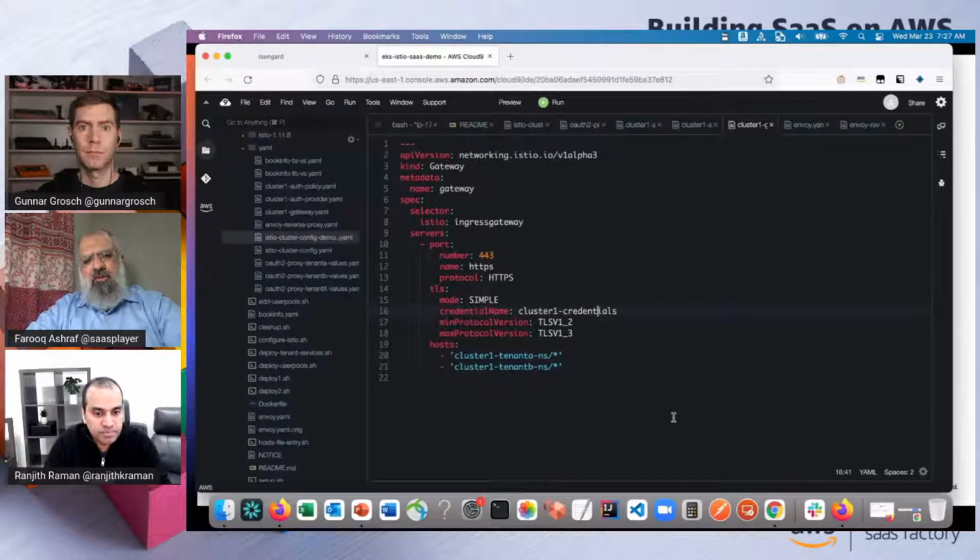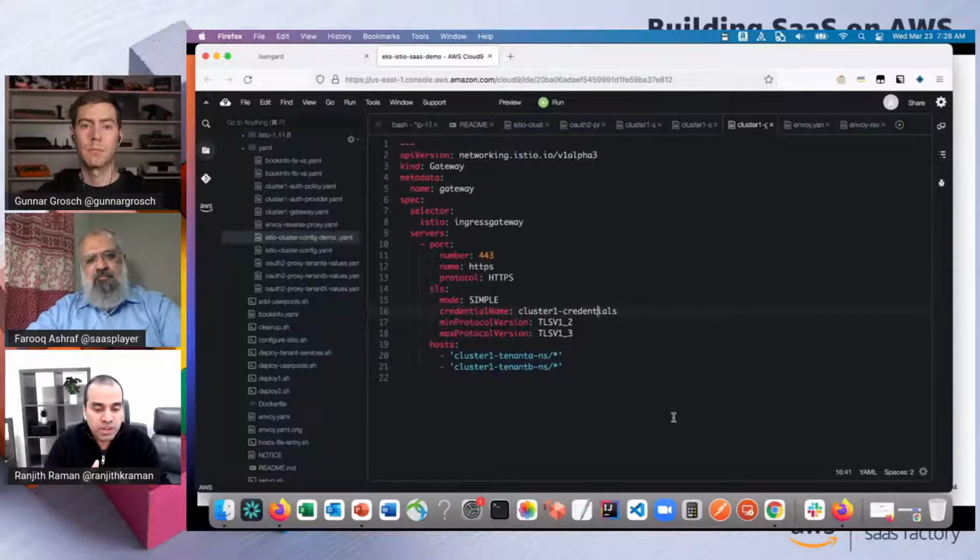Yeah, it provides a bit of control as well, so that you only allow namespaces to be associated with the gateway that you actually want to associate. Not just any random namespace coming up and associating itself with the gateway. There is a bit of control as well.